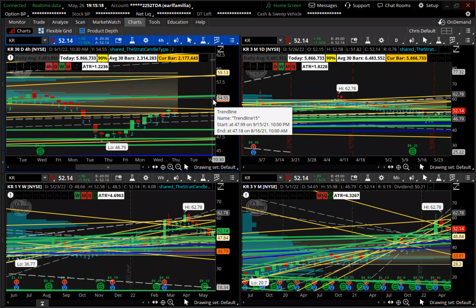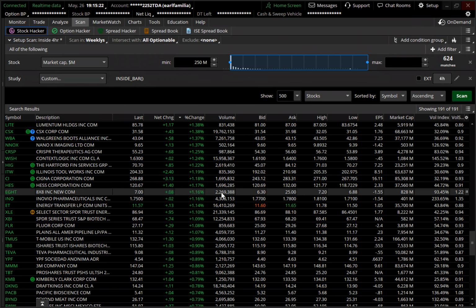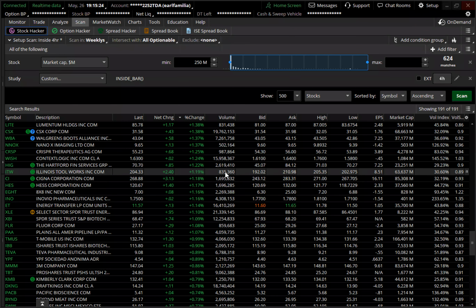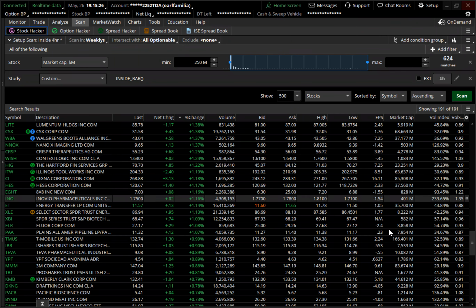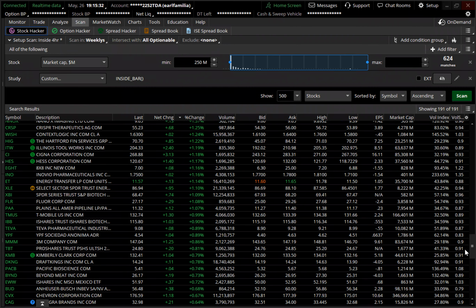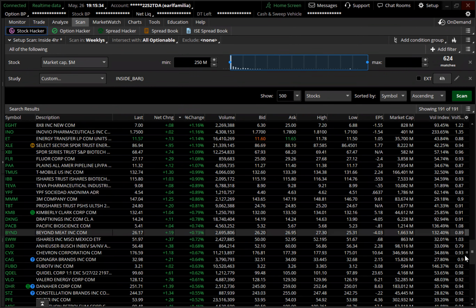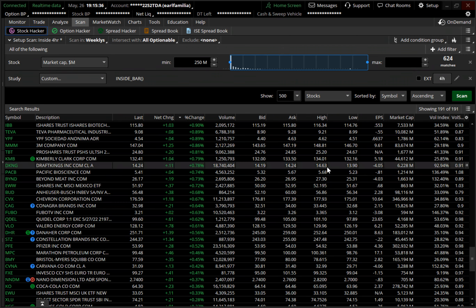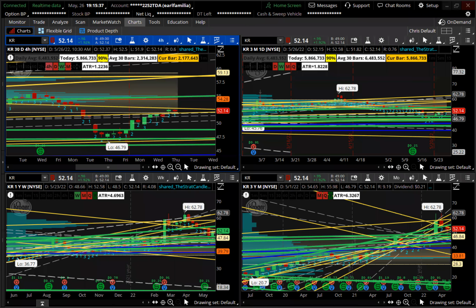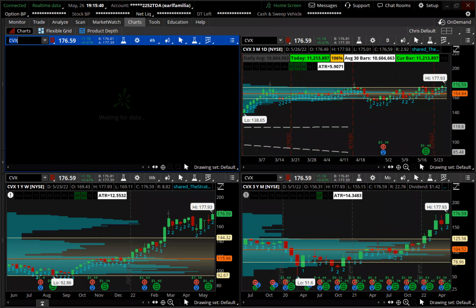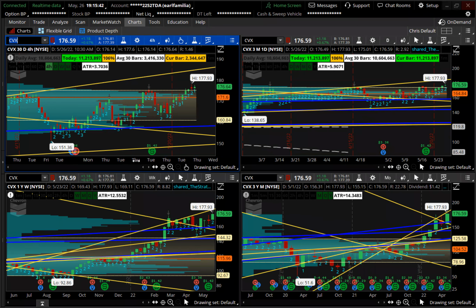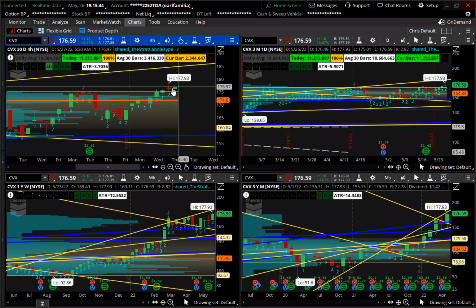Yeah, we did MRO. MRO didn't have the best looking setup of the energies, but you already know the sentiment. All of them in the sector should go green tomorrow. We just gotta figure out which one is gonna be the leader and the laggard. CVX, yep, CVX is another one.